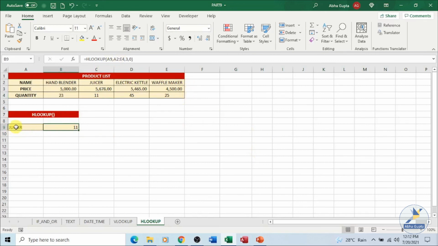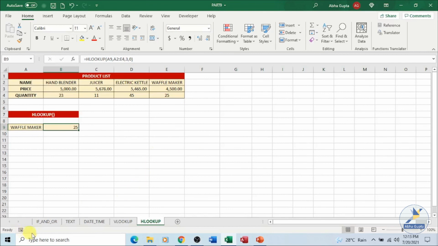If I change it into say this one, let's copy it, paste it over here, immediately you will be able to see the result. You can see now waffle maker, it is giving me a value of 25, picking up the data from here.